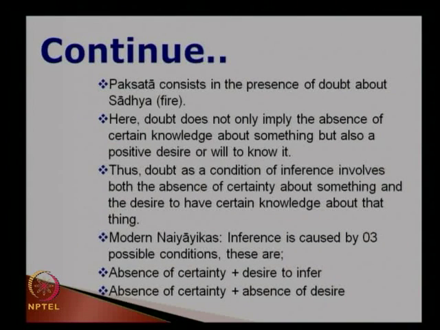The second point they said is absence of certainty plus absence of desire. In that case also we can infer a certain situation. Nyaya has explained: suppose you know that there is lightning and after that thunder. When there is lightning, you are not sure about it because it immediately disappears. You may think that maybe because of some eyesight problem, or the light reflecting on your eye, you are seeing that. However, this is not correct. Therefore, it is an absence of certainty. Once there is lightning in the sky, you are not sure about it,